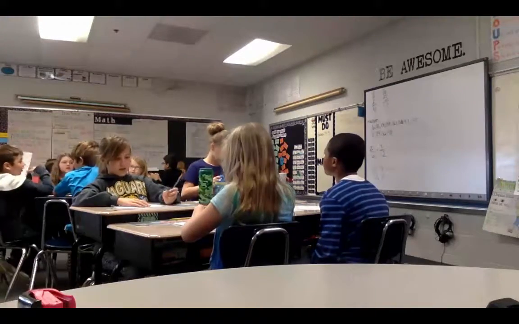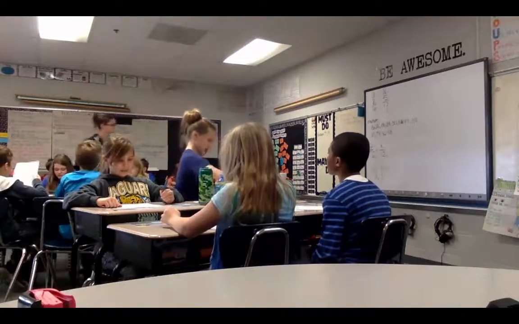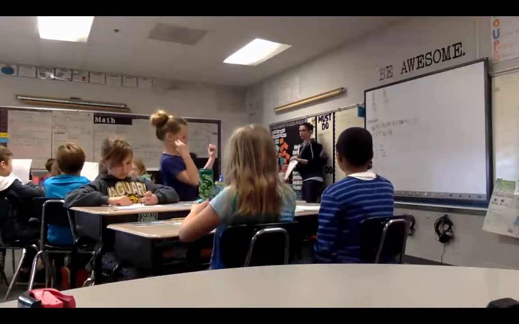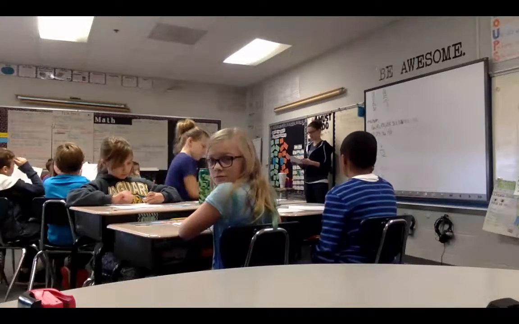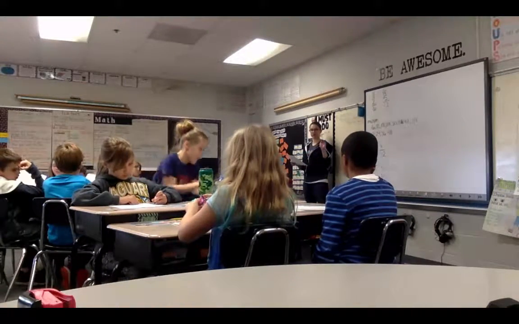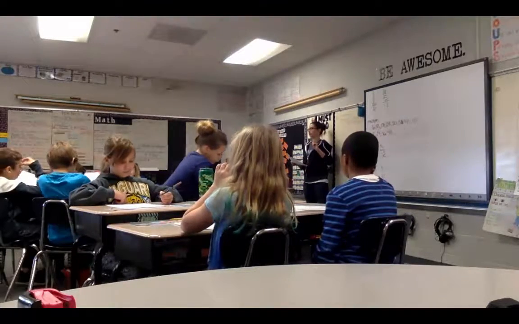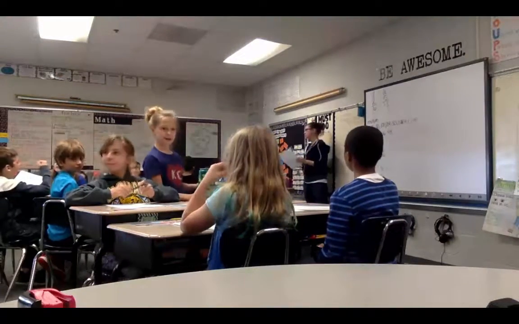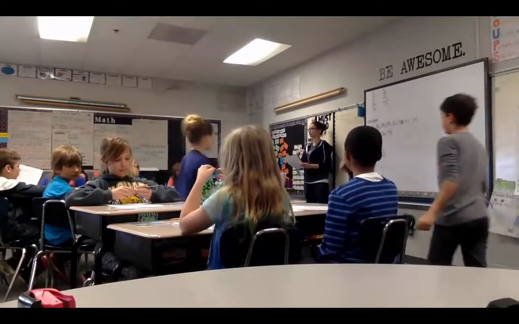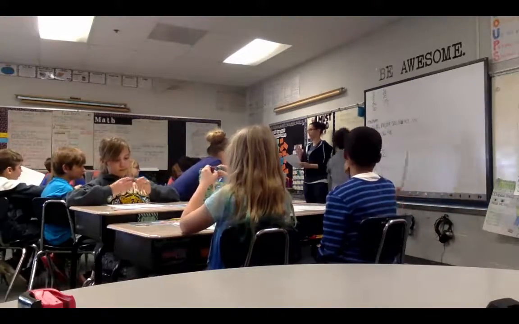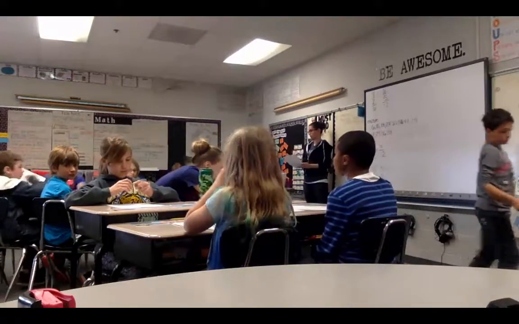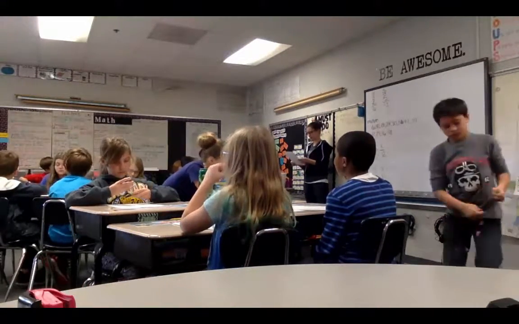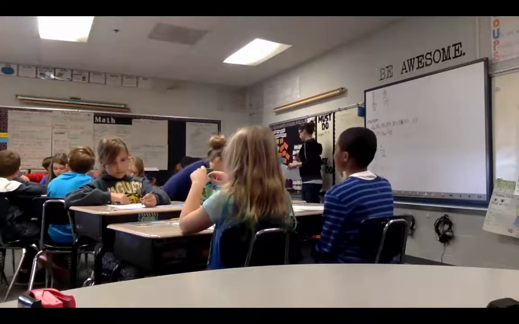Alright, class. Okay, when I call your name and your partner's name, you may get together and find a spot in the room and work on 5 through 8. When you're done, turn it in to my table, and then you can get on Prodigy. Now, don't just rush through it so you can get on Prodigy. Make sure you go through doing your work, checking it, and getting it correct, or if you need to check with your partner, you're getting different answers, find out what's going on. Okay. All right, Ronnie and Emran,